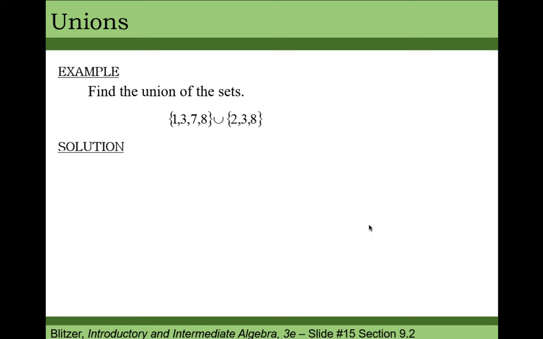Alright, so let's take a look here. We're going to find the union of the sets. So we've got 1, 3, 7, 8 and 2, 3, and 8. This should look familiar here. So what we are looking for,